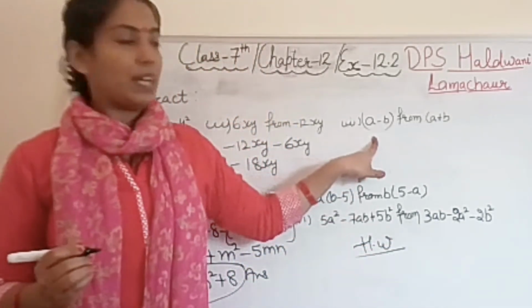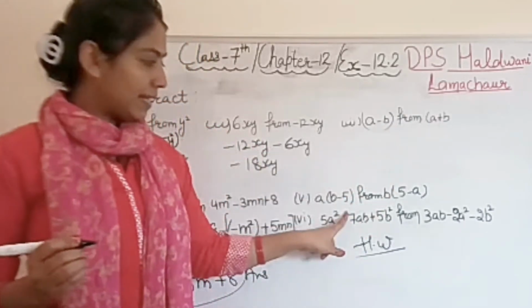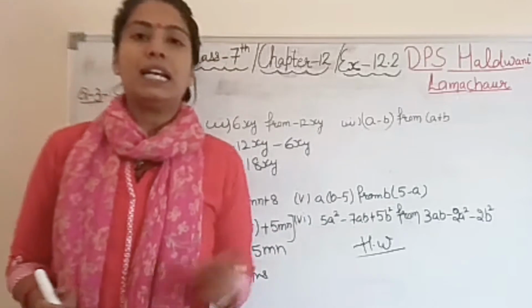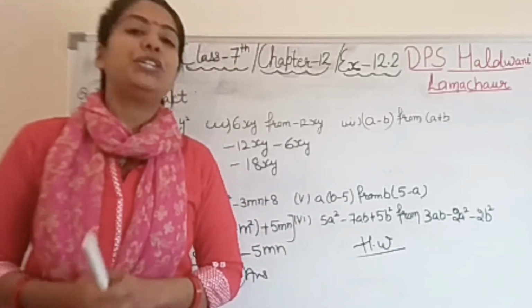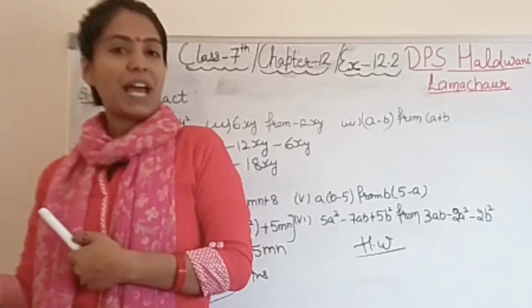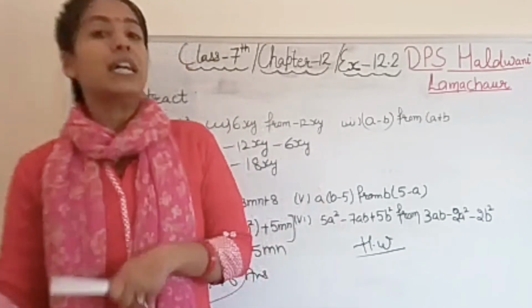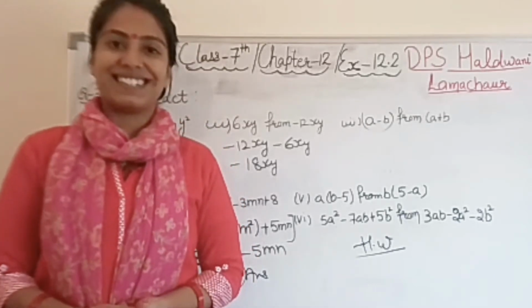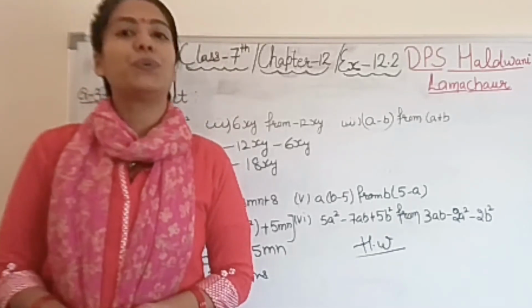First of all, this a minus b from a plus b, this part and this part. Okay student, third, fifth and sixth part. These parts are homework for you. You will solve this question on your own. I hope you understood. It is just subtraction. In the place of addition, we have kept the sign of subtraction and we have done the subtraction. That's it. Okay. So this was about question number 3.